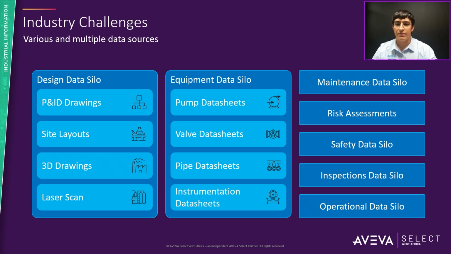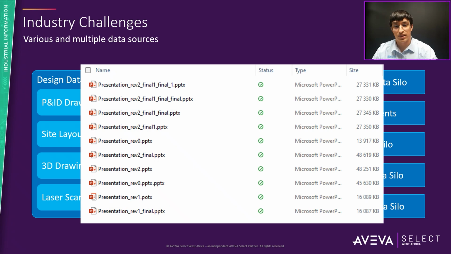Design equipment and safety information may be scattered across various project folders or bookshelves. Hopefully it is digitized and saved somewhere on a server too. Drawings and schematics could be stored in document management systems, and if 3D models exist, they can be somewhere separate. The vendor data might be stored in a network drive, and maintenance records will be in the maintenance systems, and so on. The data is stored in diverse formats. Then, the next challenge is to identify the latest ref final, and that can prove difficult at times.